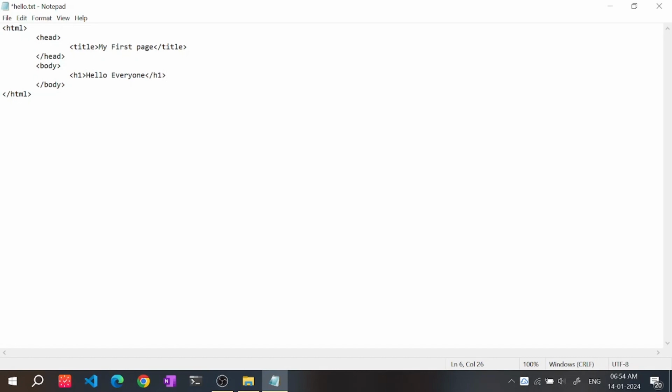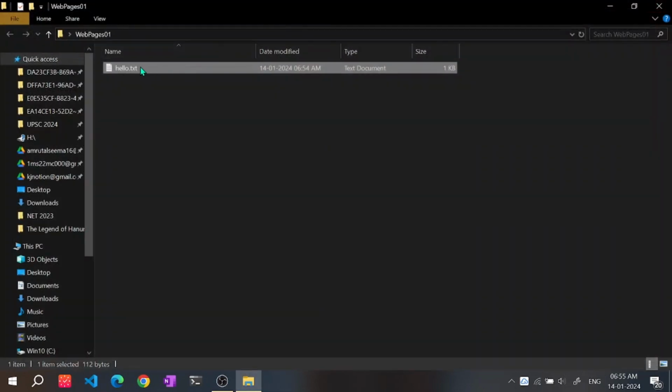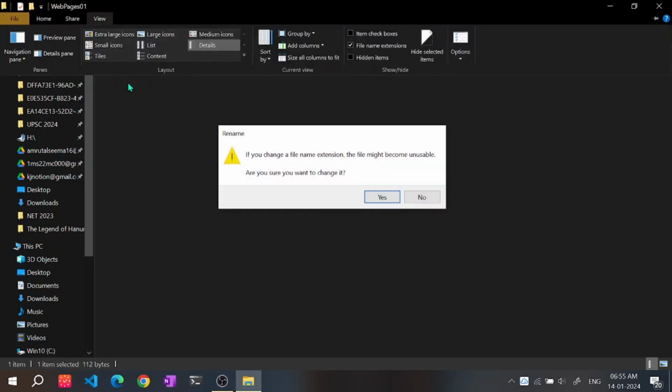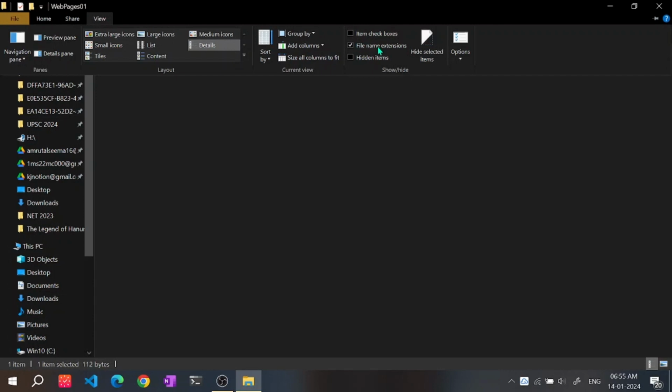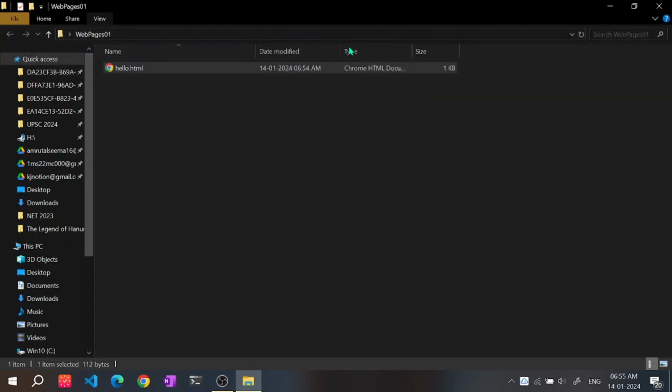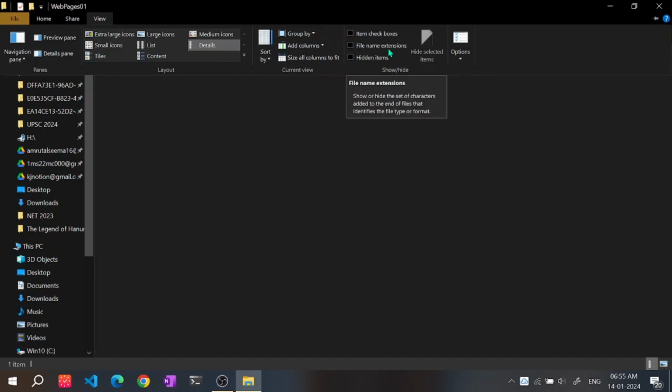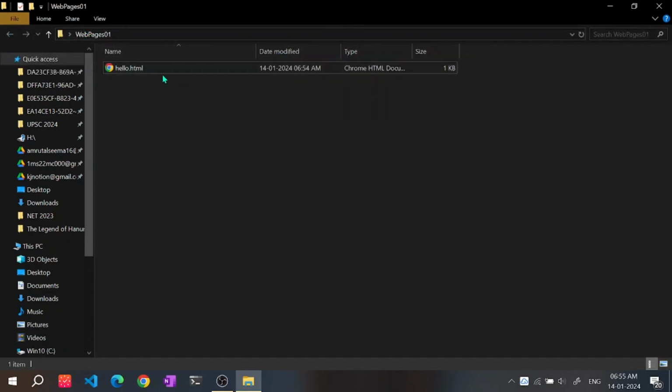Okay, now that our HTML page is ready, just save it and close it. Before running it, we are going to remove the extension .html. Some of you will not be able to see the extension. So what you need to do is go here and click on this. If you click here, you will not be able to see it. If you go and click here, File name extensions, you'll be able to see it and edit it. And you double click on this,